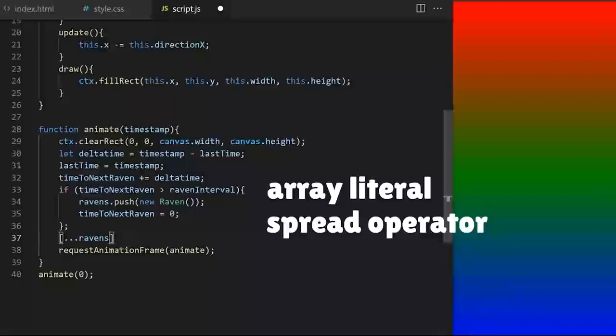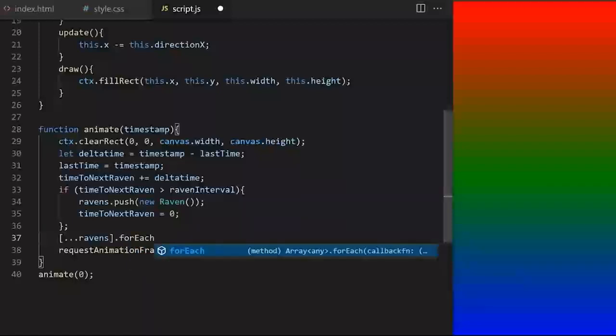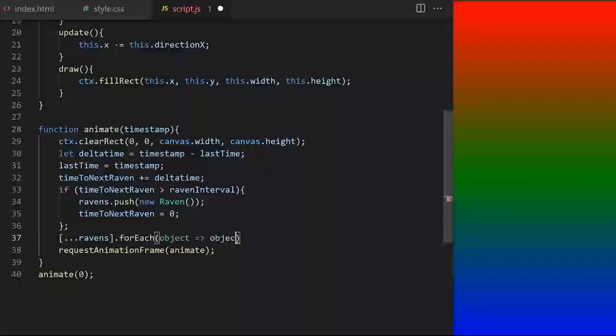Since we are dealing with an array, I can call built-in array forEach method. I need to assign it a variable name for each object in this array, so we can use it as we iterate, as we cycle through it. I will call that variable, for example, object. So this object variable now represents each individual Raven object in Raven's array, and I can say for each Raven object in Raven